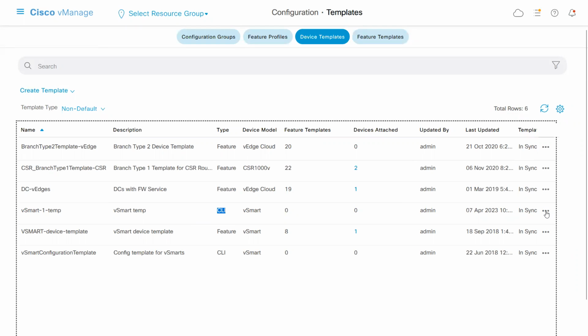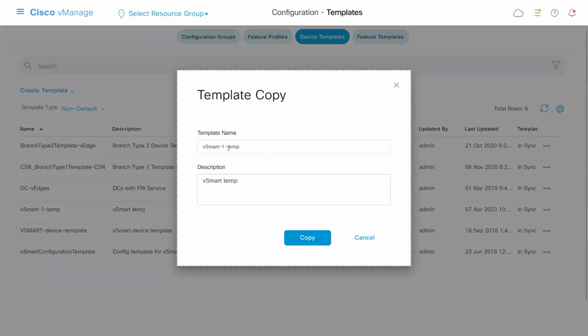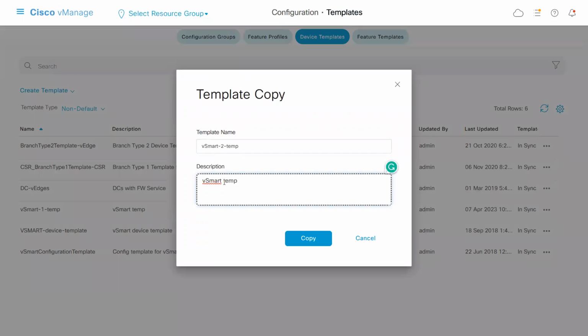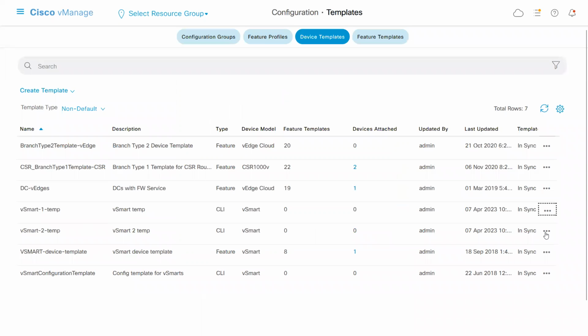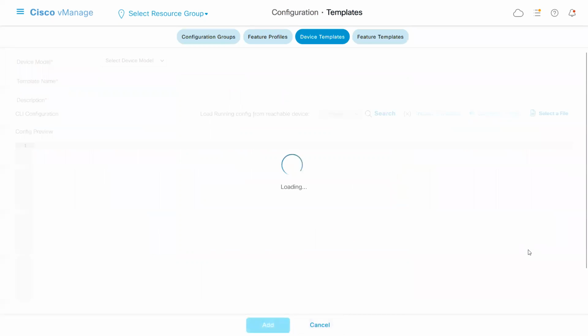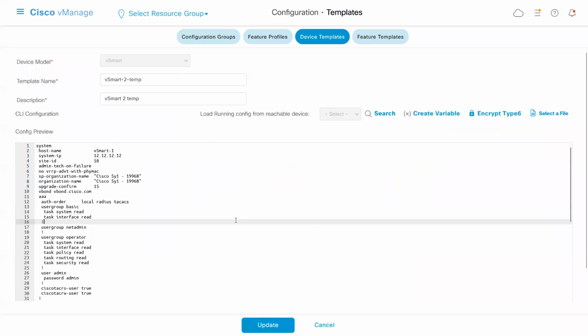Then you have this option, copy. This time I can make this vSmart2. This is for vSmart2 template, copy it. And now we'll edit this. So I can click edit on the vSmart2 template, and then